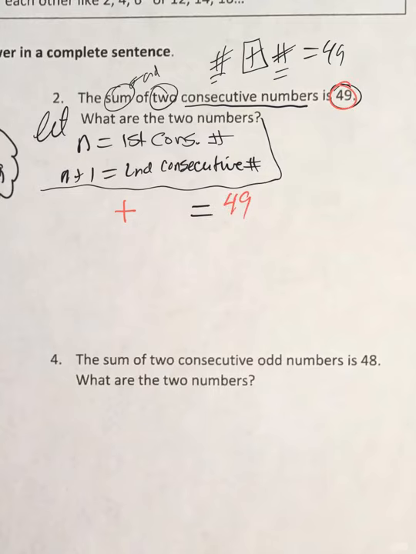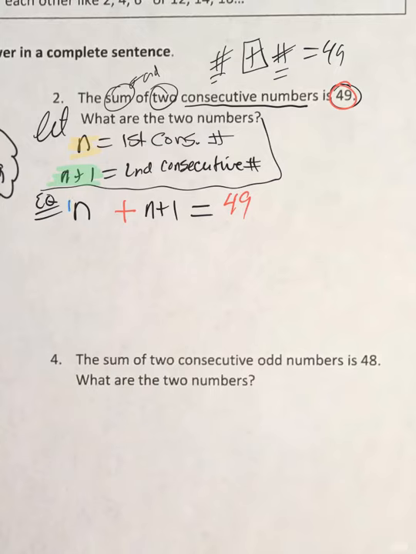So the first one was just n, and the second number was n plus 1. So we add those two numbers together. That first number is n, and then n plus 1 is the next one. So there's our equation. And then once you have the equation, we want you to solve it using your wonderful